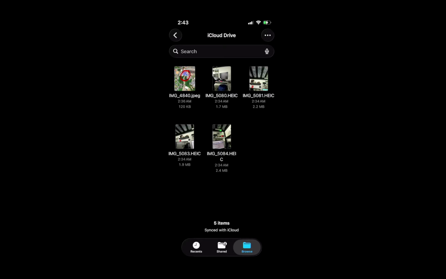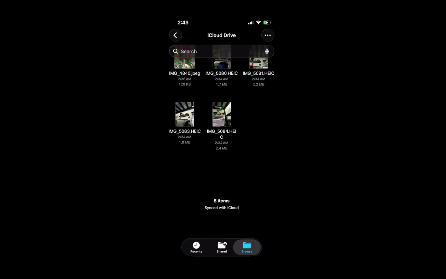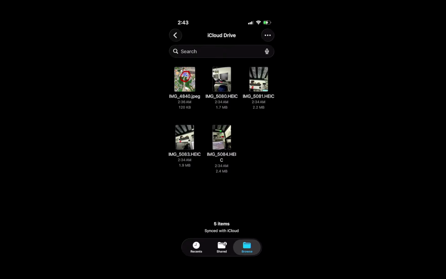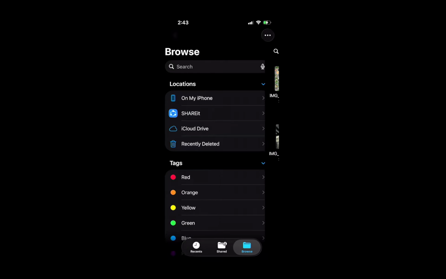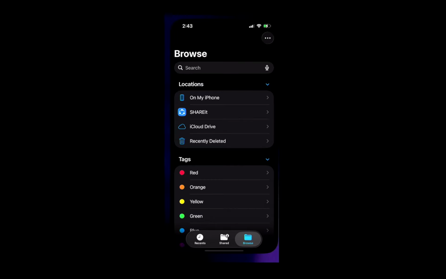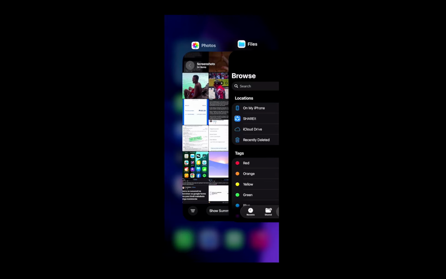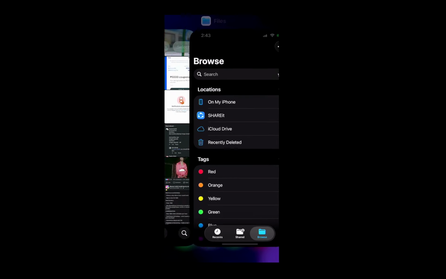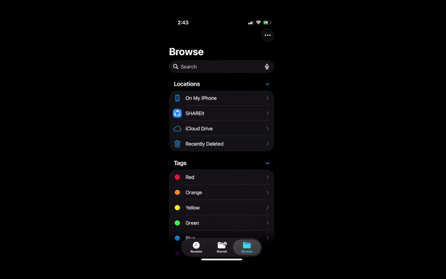In today's video, I'm going to teach you how to add files to iCloud Drive. If you've ever wanted your files to show up seamlessly across your iPhone, iPad, and even your Mac or the web, iCloud Drive is the place to put them. It's Apple's built-in cloud storage, and adding files to it is quick once you know the exact taps. I'll walk you through the process on iPhone or iPad so you can upload with confidence.